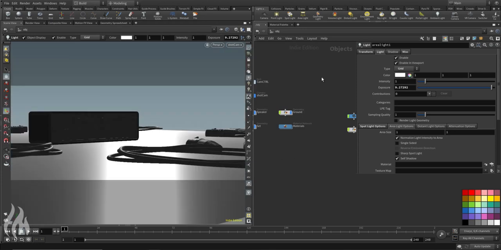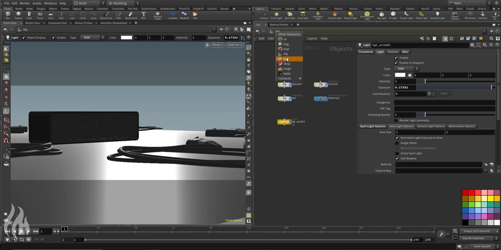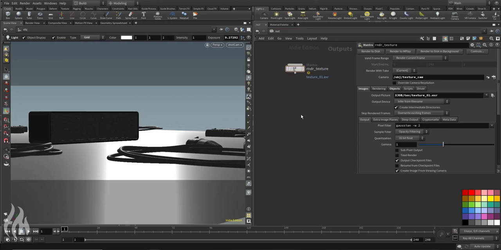Okay, this is already doing what we expect in the viewport. I'm going to move that over here, so it's with our main scene stuff. And I'm going to rename this with a prefix, LGT_area_01. That's our first light. And let's go and set up our Mantra ROP,